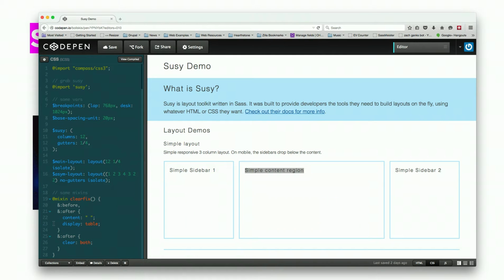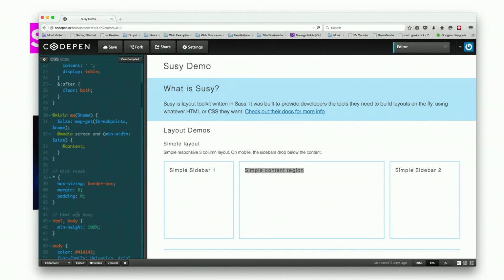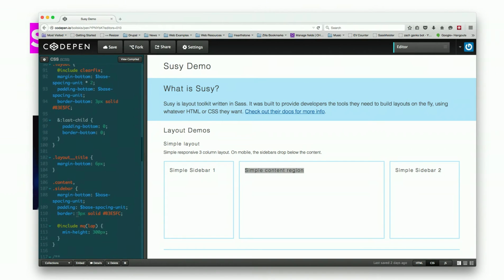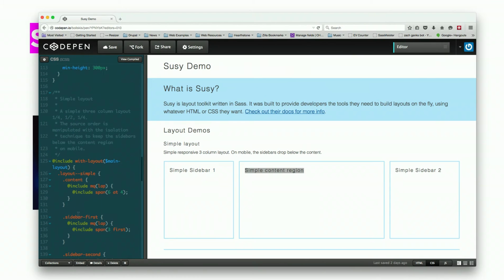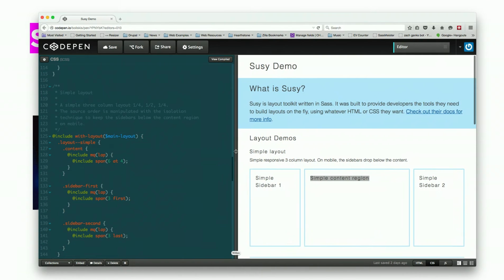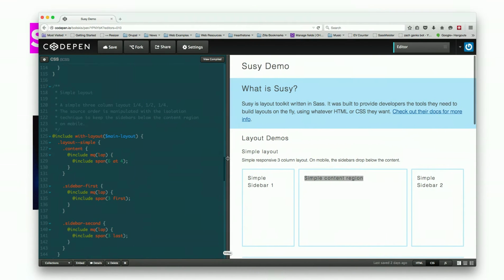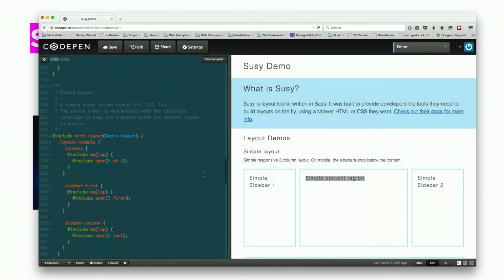And so if I can scroll down here a bit to where it's actually being output. Okay, cool. So I'll widen that. And so this really is cool because this is an example of incorporating media queries into Suzy and how smooth it comes out. So this code right here is all of the code that is powering this layout, and we actually have a completely responsive layout in that sense.